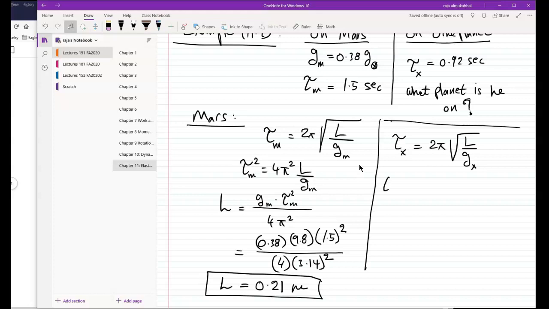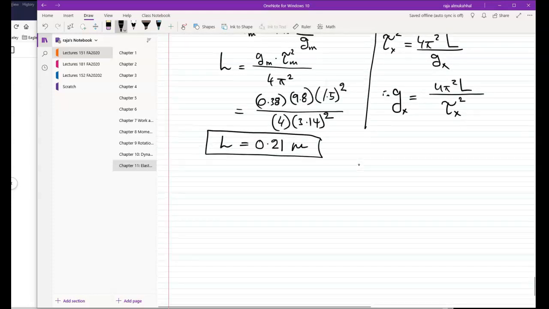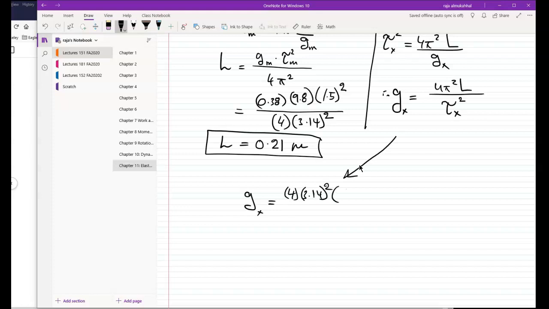Square both sides. And therefore, g sub X is equal to 4 pi squared L over tau X squared. And I got everything. I just need to plug it in. So let me go here. So g sub X is equal to 4 times 3.14 squared times the length, which is 0.21. I just got it right here, guys, right? Divided by